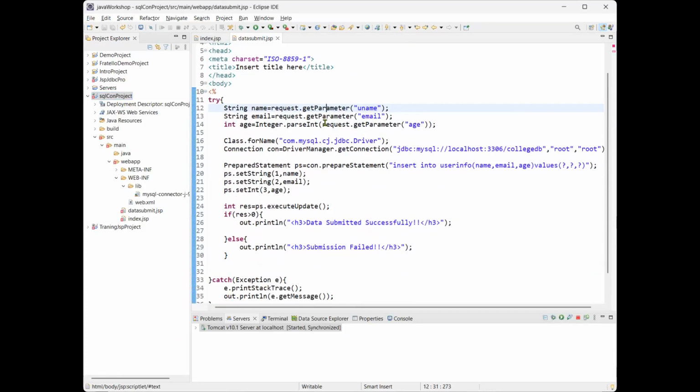Okay, thank you. This is about today's class, and for tomorrow's class, I think we will go with retrieving. We have now inserted, right? So tomorrow we will do retrieving the data. How to retrieve, and how by retrieving the data,